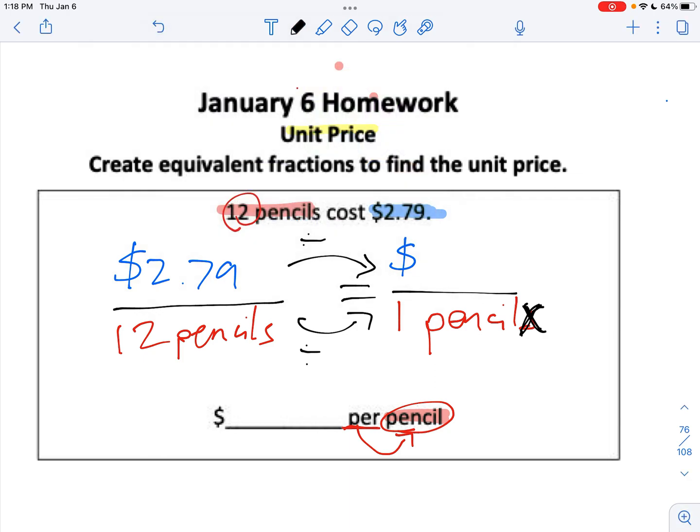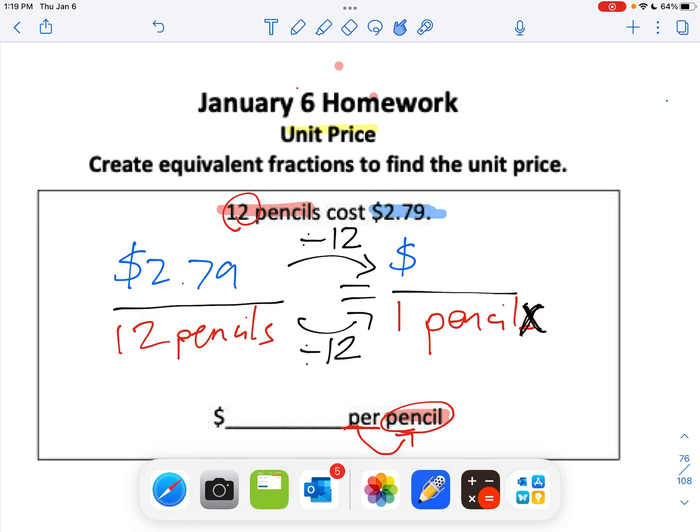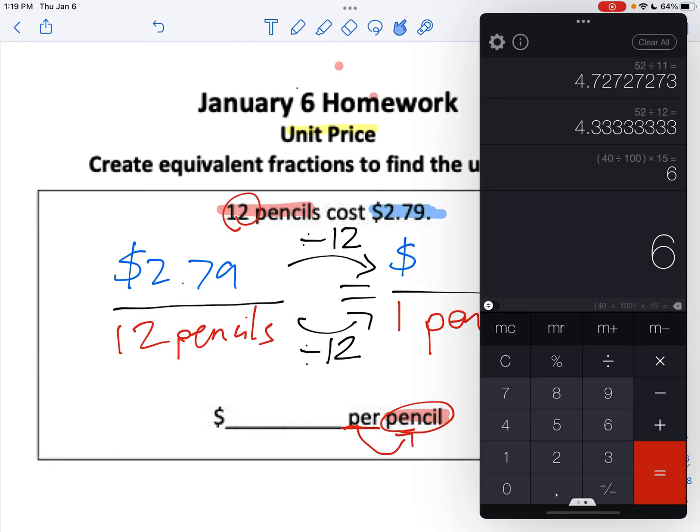So what do we need to divide by to get to 1 pencil? We are starting with 12, and we need to divide by something to get 1. Well, 12 divided by itself always equals 1. So we divide by 12 on the bottom. If we do it on the bottom, we have to do the same thing to the top. So now our numbers are $2.79 divided by 12. So let's just pull out our calculator and have it right up here on the screen. So we have 2.79 divided by 12 equals,